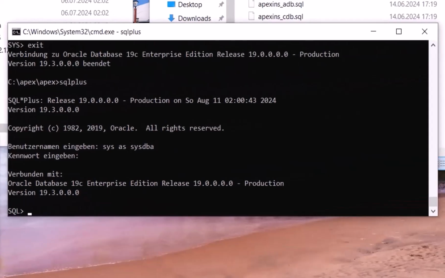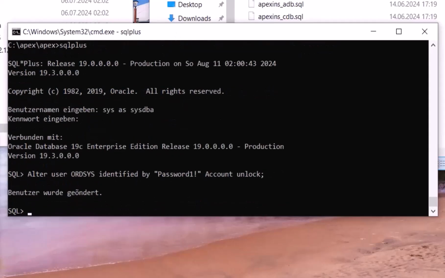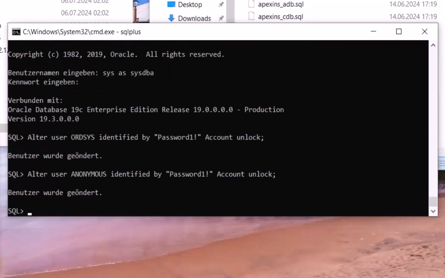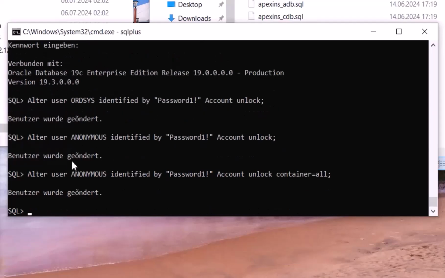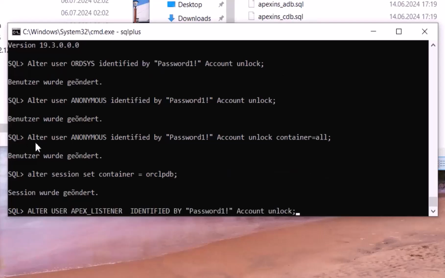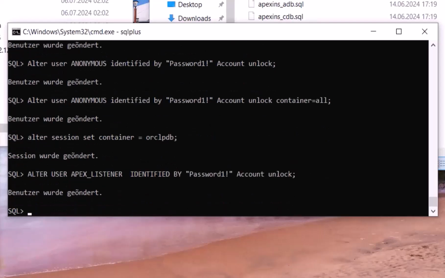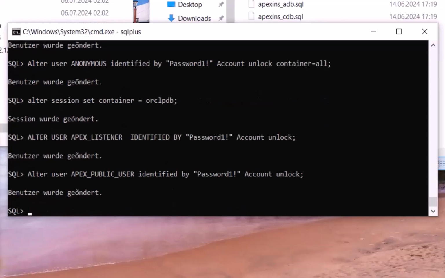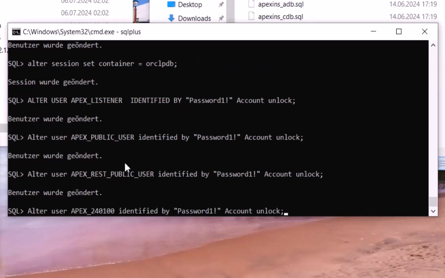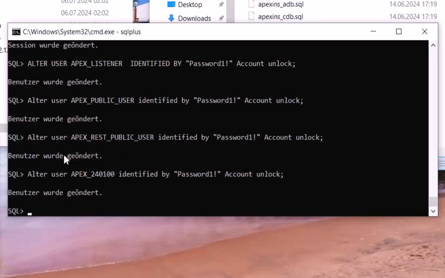First of all, use the ORDS sys user. Then I have here another user, and then also this user. So after this, we have to set another container and run the other command. So Apex listener, and the public user, and then the REST public user, and at the end the Apex main user. So right here commit,